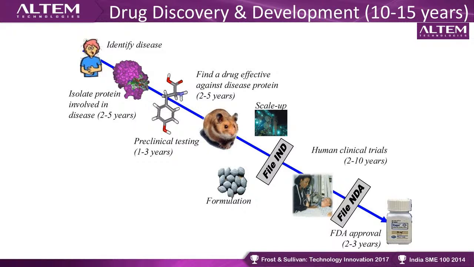This slide is very common. Actually, you can see this picture anywhere. Okay, but it is very important. It tries to explain the drug discovery and development process, which takes a minimum of 10 to 15 years, starting from the identification of your disease condition, then the isolation of protein, then the identification of your target molecule, lead molecule, that could be your chemical structure, and then further for the preclinical testings. Of course, we need some scale up or the formulation of that particular hit molecule to be enhanced. Then further for the various approvals like IND, NDA, FDA approvals to get that particular candidate to the